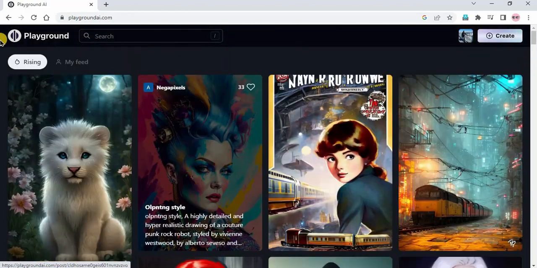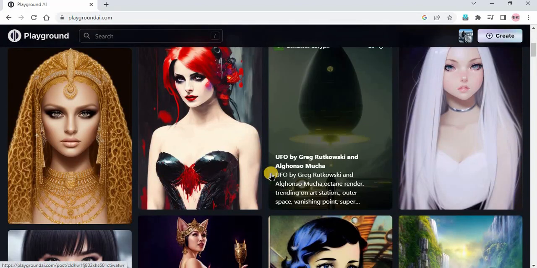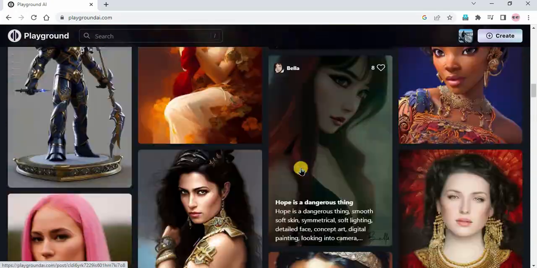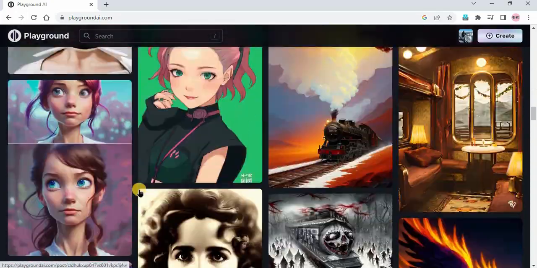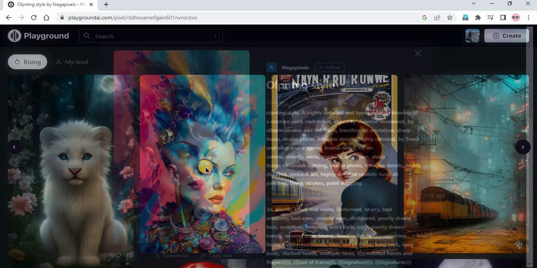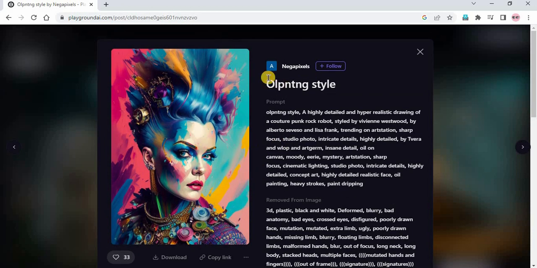In the rising section we can see all the images which are created by different people and which are public. If you click on one of the images, let's say I have clicked on this image, I have opened the image and here you can see follow. In Playground we can follow people and people can follow us. So if I click on this follow, I started following this